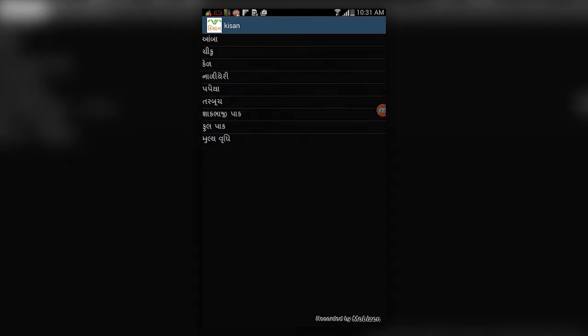Similarly for sapota, banana, coconut, papaya, watermelon, everything is available.